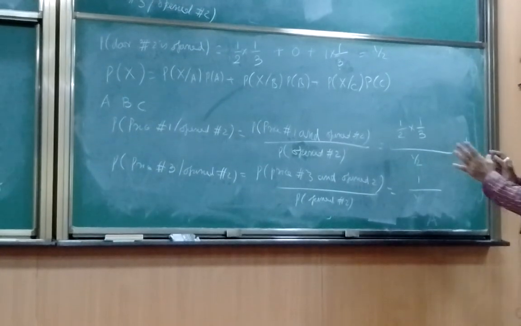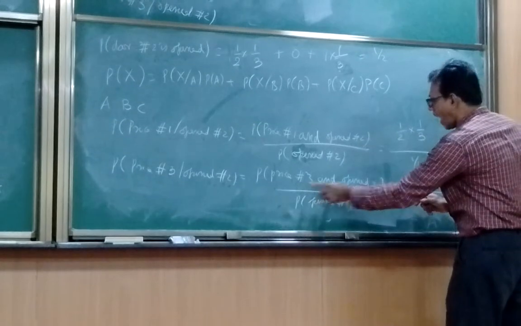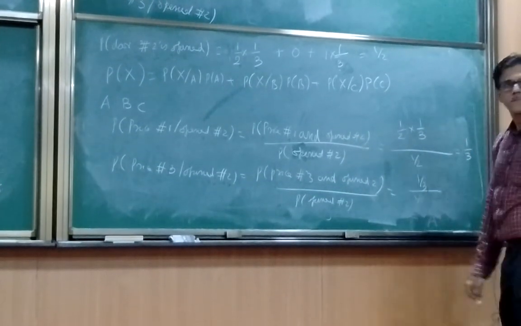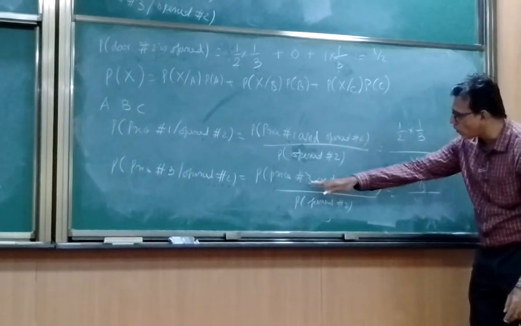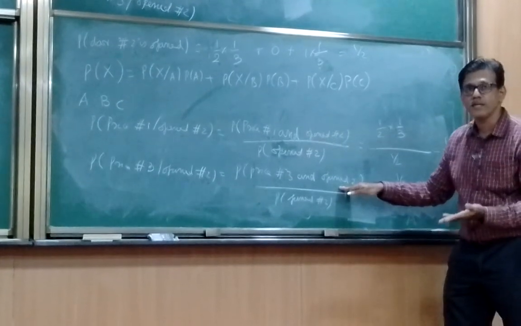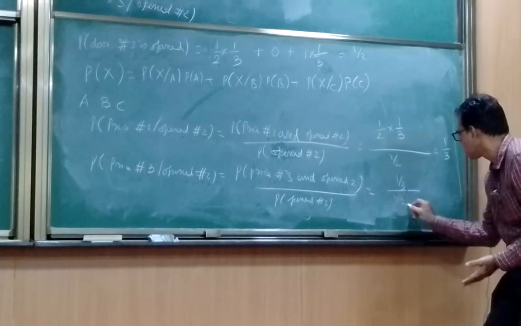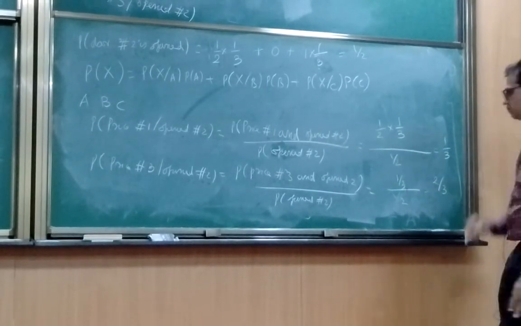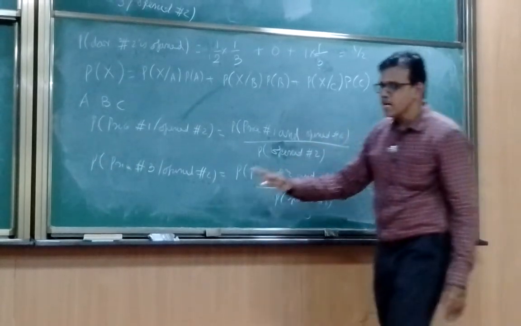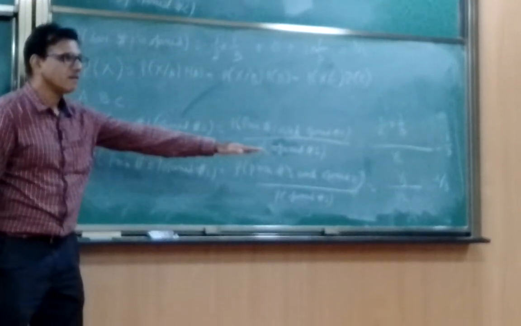Price is in 3. That itself is 1 by 3. And he has opened 2. This is 1 by 3. Right? Because you have to multiply that. This probability is 1 by 3 and this probability is 1. 1 by 3 into 1, divided by the probability that you have opened 2, which is 1 by 2. So that is 2 by 3. So what it tells you is, the conditional probability that the price is 3 is 2 by 3, whereas